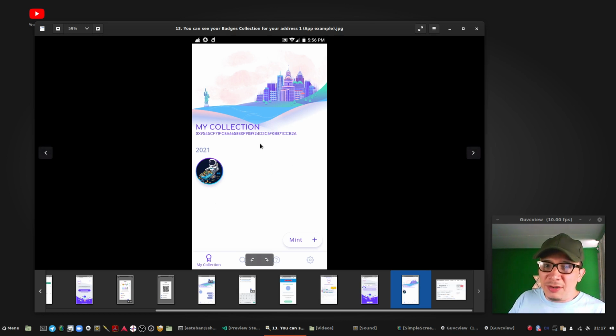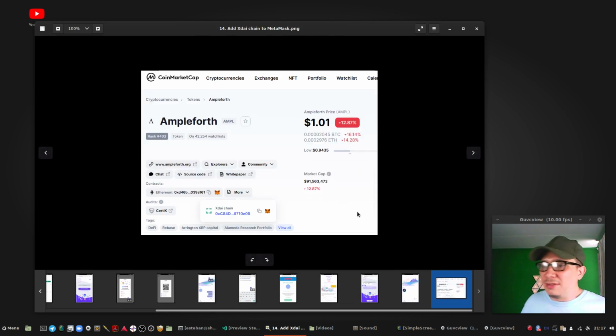And that's it. Here you will display your badges. If you want, you can add more by clicking here on mint again, and mint it, and you can set up more or different addresses. If you want to have more than one address for displaying these POAP badges, you can do that, and just replay the address in the configuration. And that's it. It is an easy process.